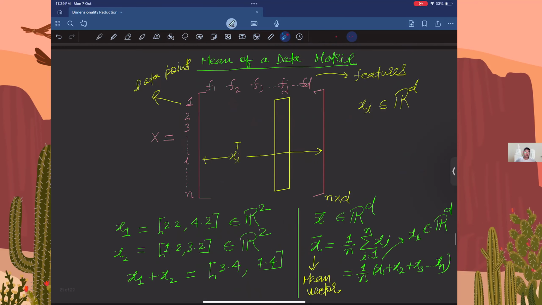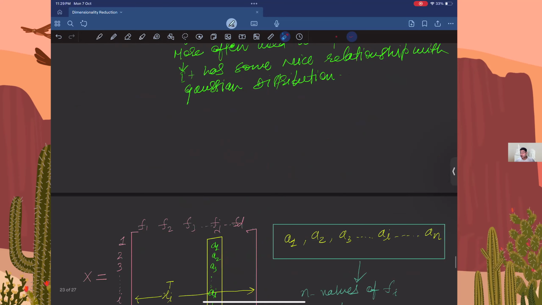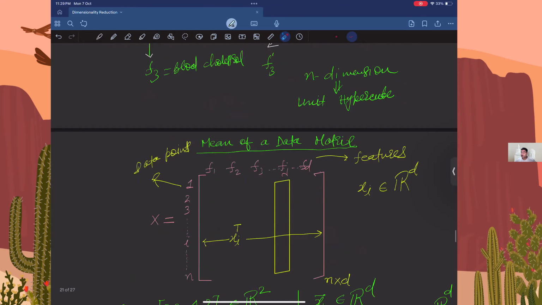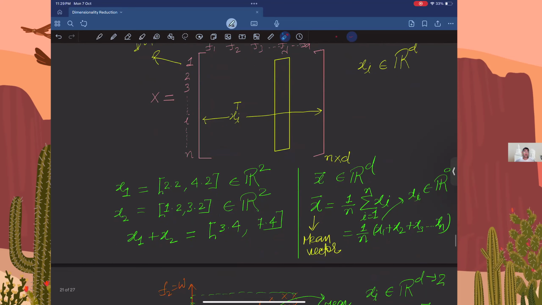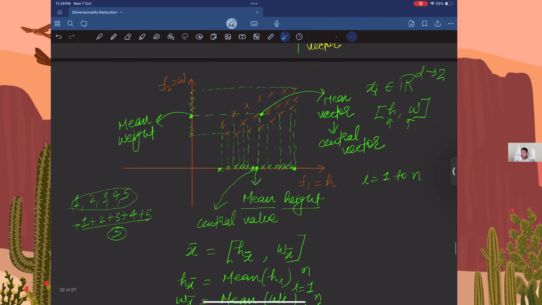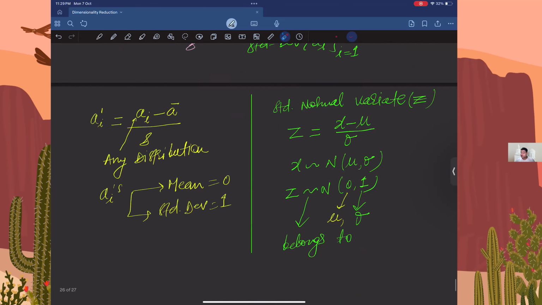पहले मैंने कॉलम नॉर्मलाइजेशन समझाया, फिर कॉलम स्टैंडर्डाइजेशन समझाने से पहले मैंने क्या किया, मैंने मीन समझाया कि कैसे हम मीन ऑफ ए वेक्टर, डेटा मैट्रिक्स निकालते हैं। क्योंकि जब हम कॉलम स्टैंडर्डाइजेशन की बात कर रहे हैं तो मीन का कंसेप्ट आएगा, स्टैंडर्ड डेविएशन का कॉन्सेप्ट आएगा। तो आपको अगर मीन नहीं पता होगा तो आप कॉलम स्टैंडर्डाइजेशन नहीं समझ सकते हैं। अगर स्टैंडर्ड डेविएशन नहीं समझ में आएगा तो आपको दिक्कत होगी। तो ये सारी चीजें लिंक्ड हैं।